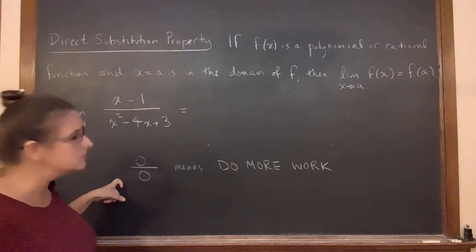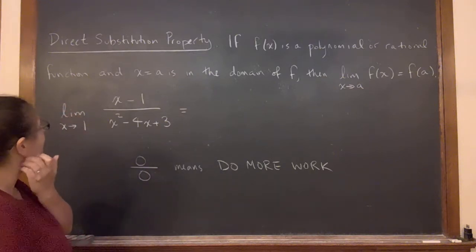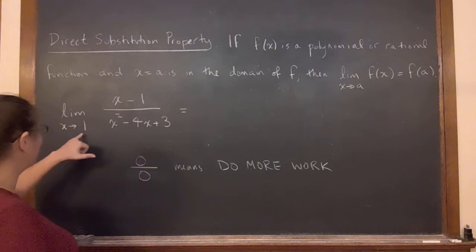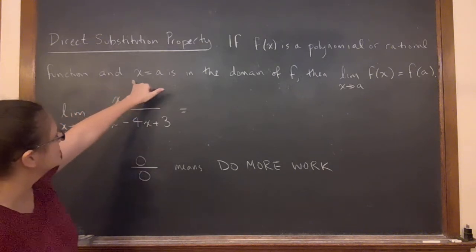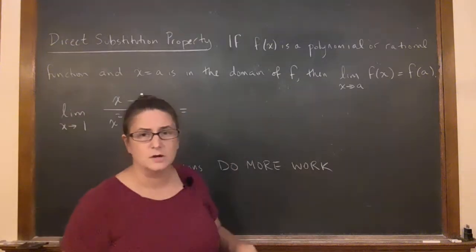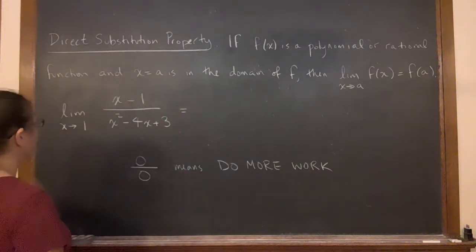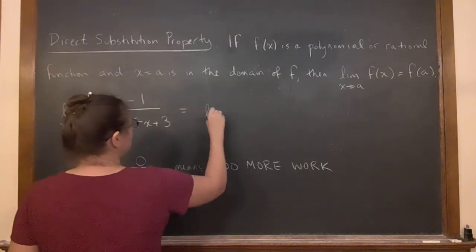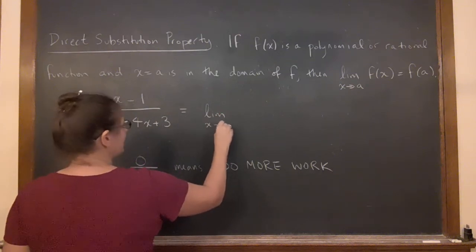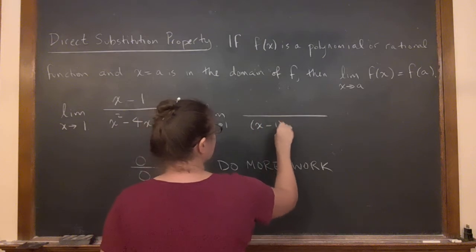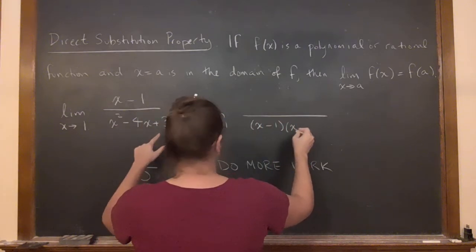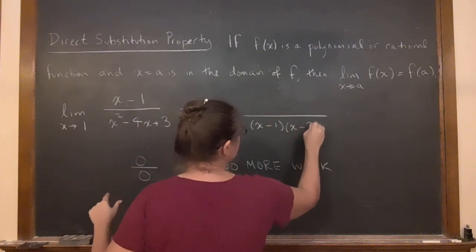You're not done yet. And it alerts me to the fact that, in fact, this number 1 is not in the domain, right? Because when I do this, and when I factor it, which is the first thing I want to do in the problem, so I factor it,